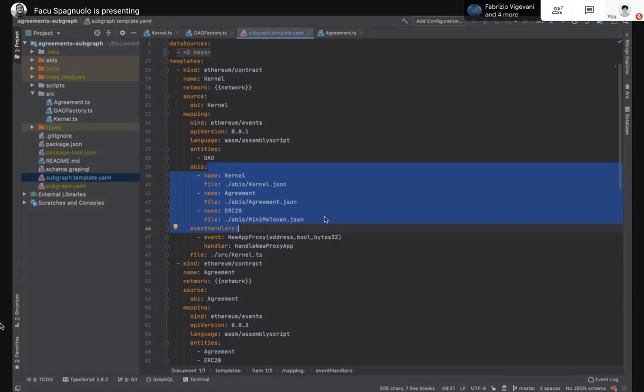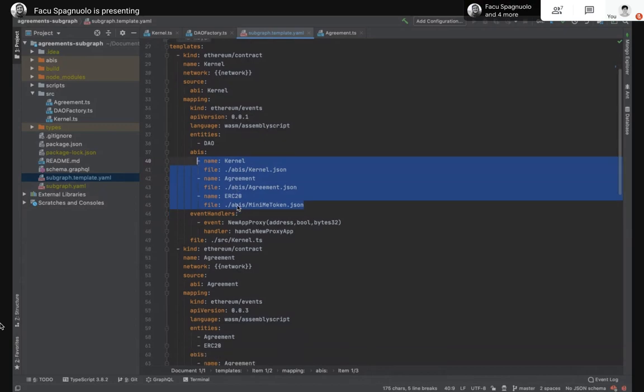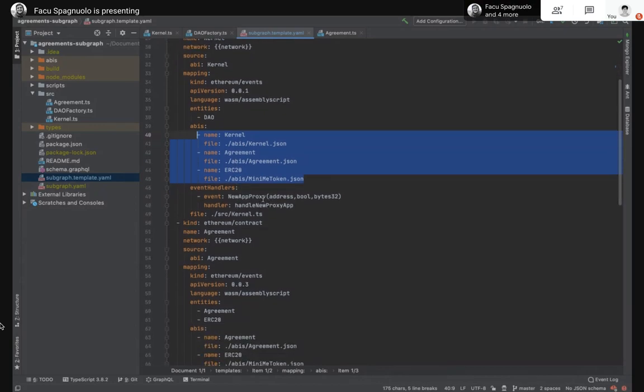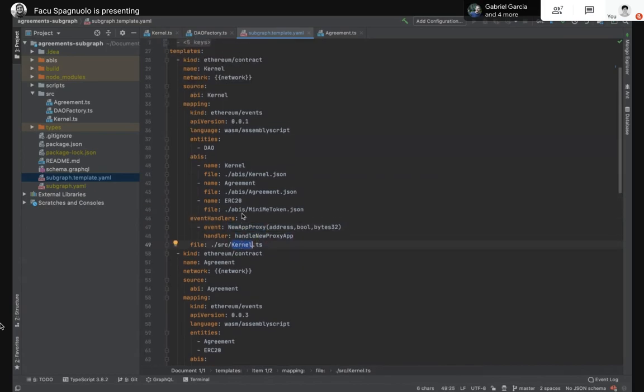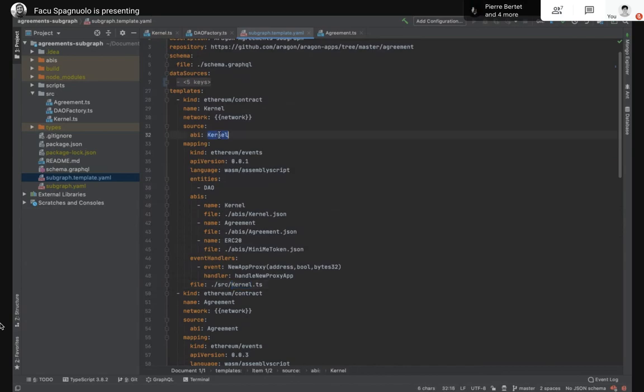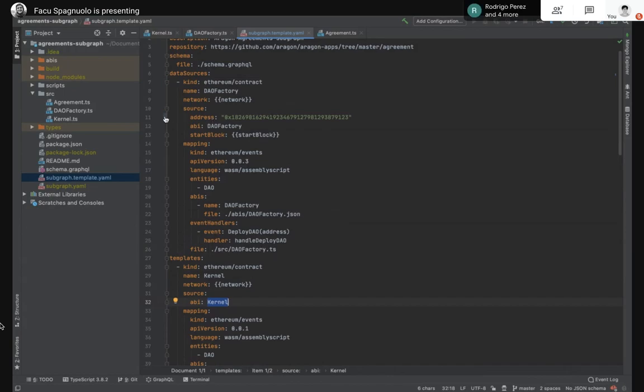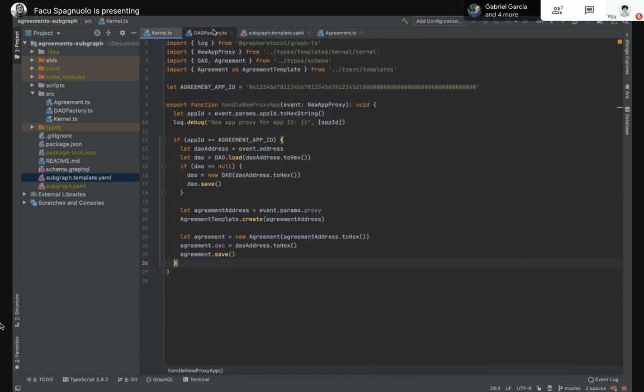You define a set of ABIs that you want to use for the events that you're going to track for that smart contract. Again, events and handler functions, where those handlers are defined, and some naming, etc. But it's again exactly the same. The only thing that differs is that you don't specify an address, because you don't know that beforehand for the templates, and that's it. You just need to make sure to create them in the right place whenever you want to start tracking the events for those